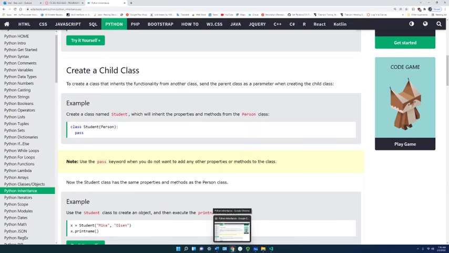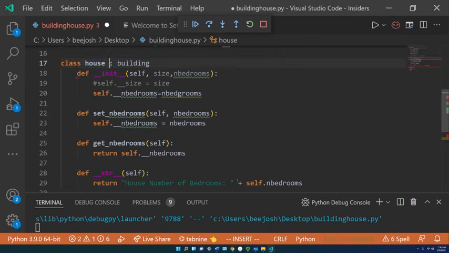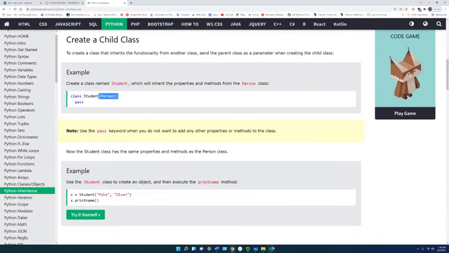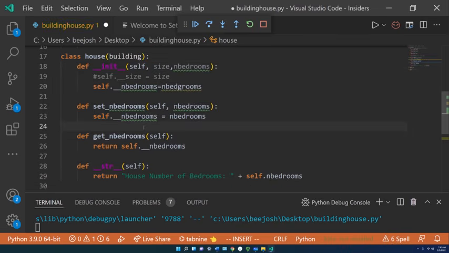Okay, so let me go back to that example that we're doing, and let's fix it up. It looks like this is the way we do our inheritance. And then I got one more lookup that we're going to do. So it looks like the syntax is, oh, that's it. Okay. So you got to put what you're inheriting from in parentheses, and then you do the colon. Okay, we got our house,